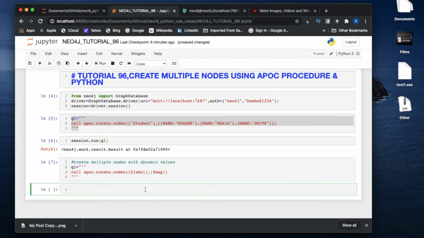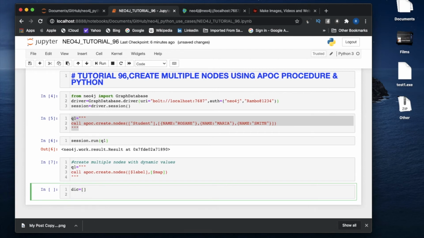Inside that you can create a variable and put something in it. Let's say I create something called dic, and that is going to be this. After that let me append this: dic.append equals name equals Ronnie.